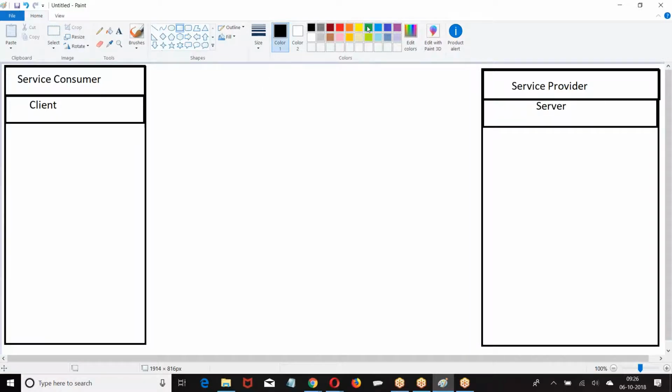Now in the service provider they have created a connected app.